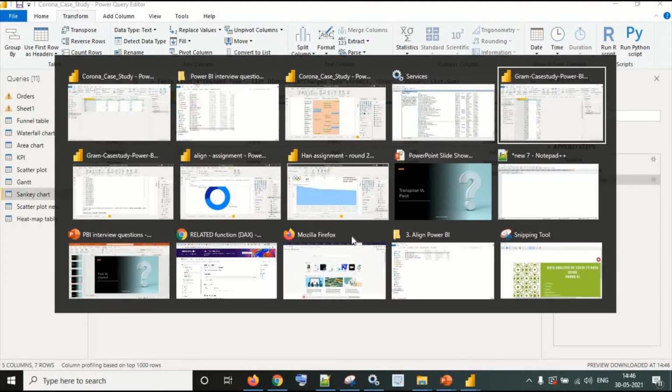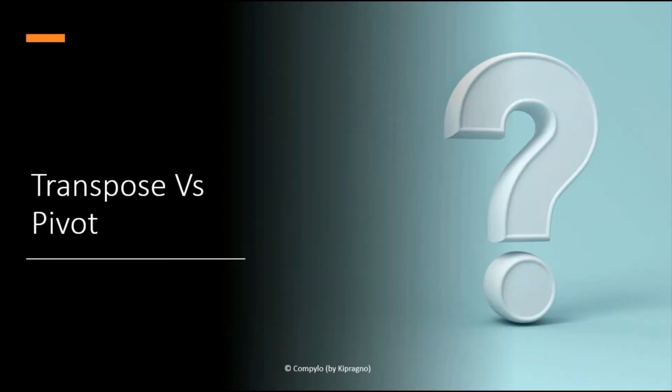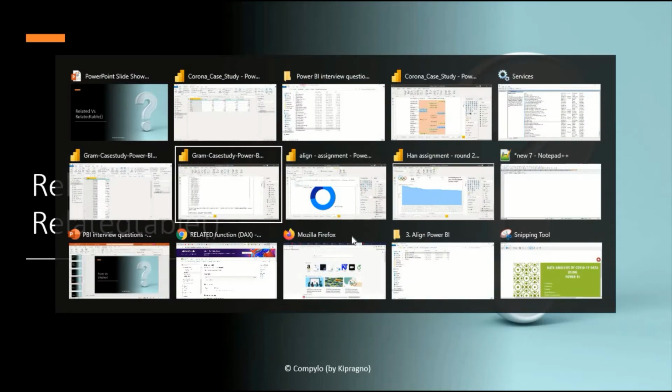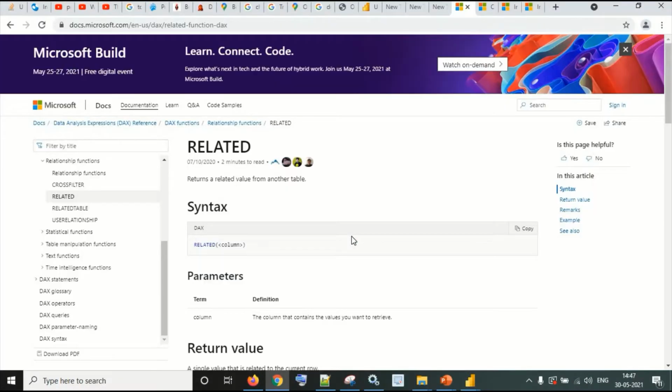Okay, let's move to our next question, and it is related versus related table. It is one of the common questions, I would say. Again, let's navigate to the official blog of Microsoft, and let's see what they write here. They write that RELATED returns a related value from another table.